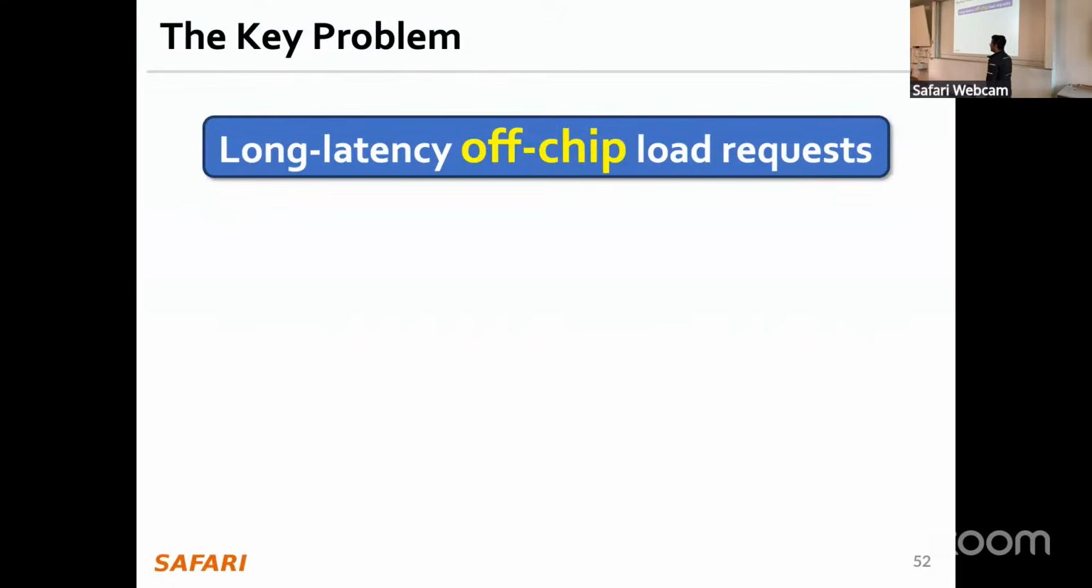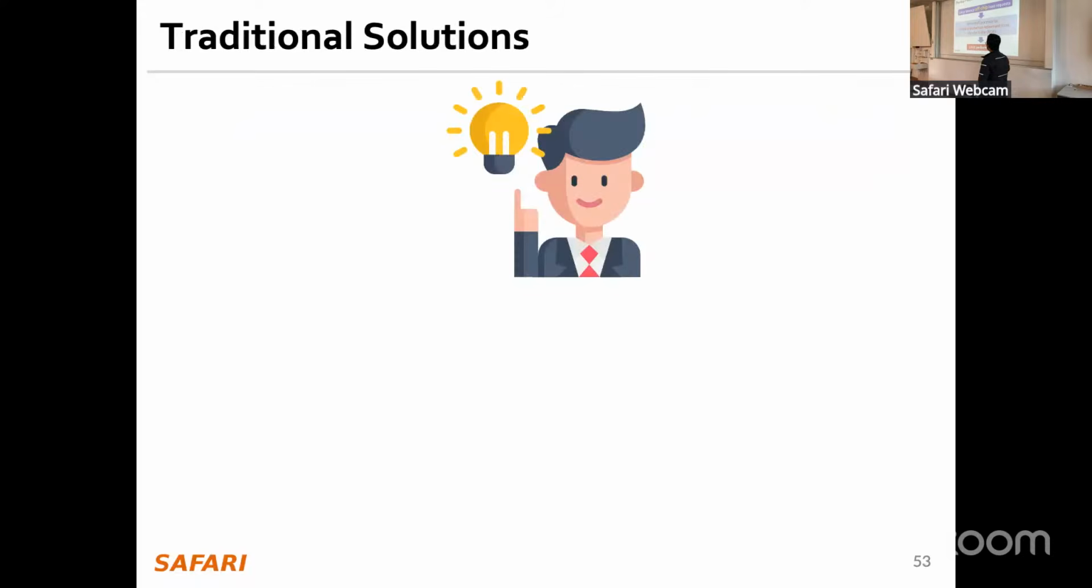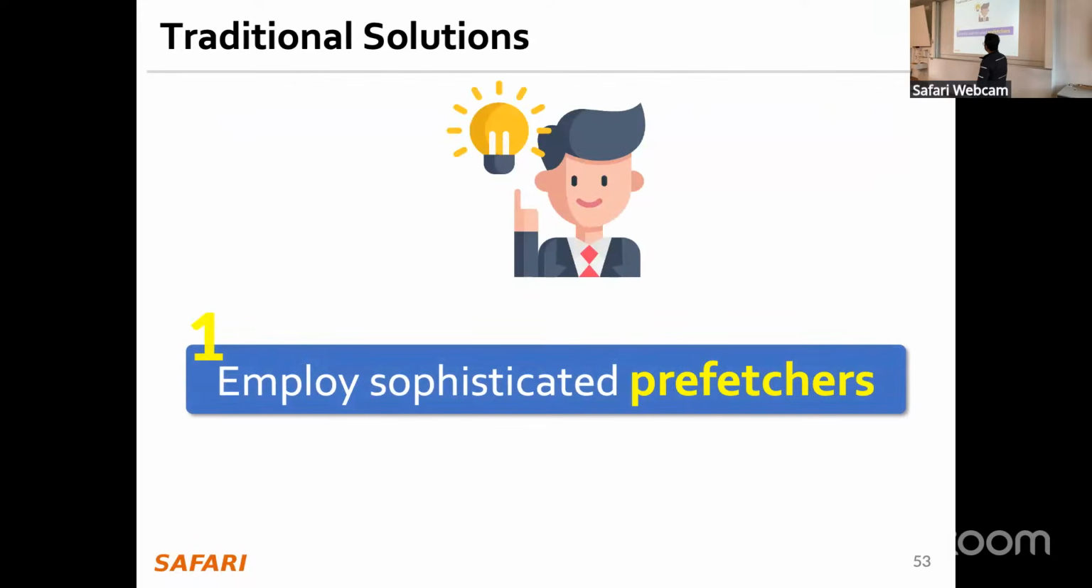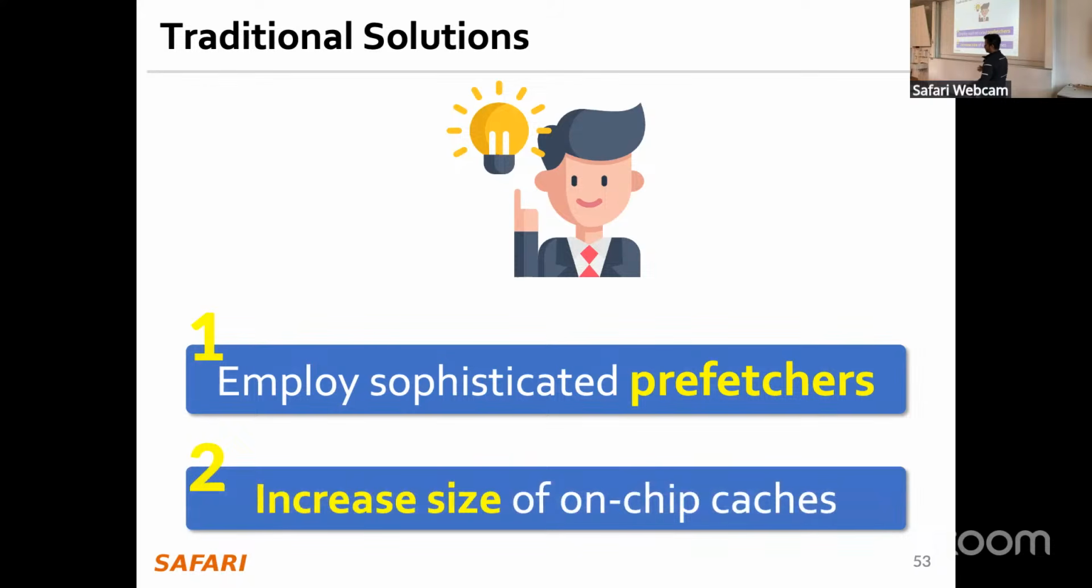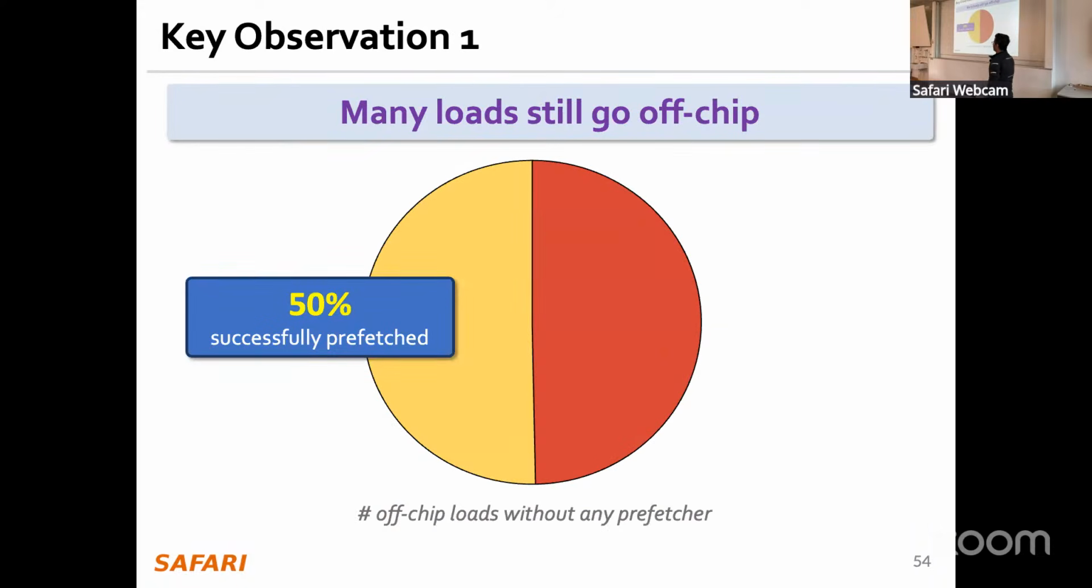So long latency loads that actually go to main memory are the key limiters of performance. We all know this. And for that exact reason, we have sophisticated prefetchers like the one I just showed, Pythia. Another option is to keep increasing the size of the caches. That also works, because the bigger the cache, the fewer memory requests eventually go to DRAM. Guess what? Even if you have a state-of-the-art prefetcher, and in this case we are evaluating Pythia,